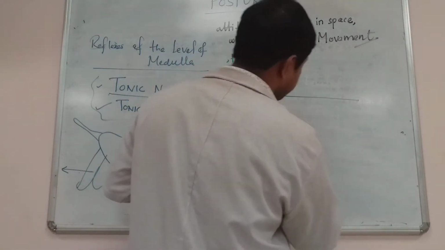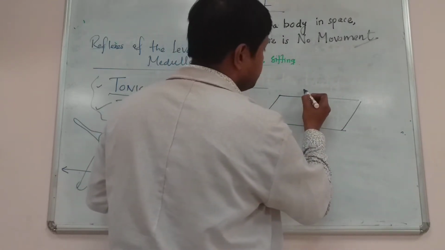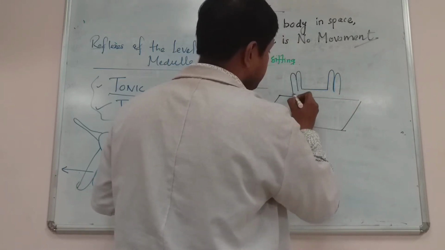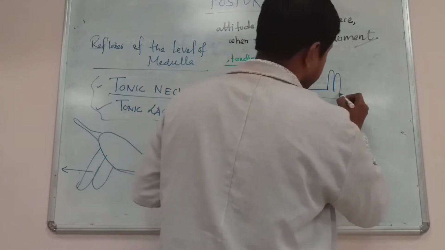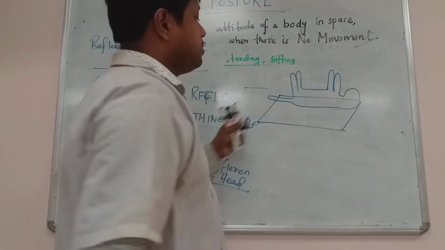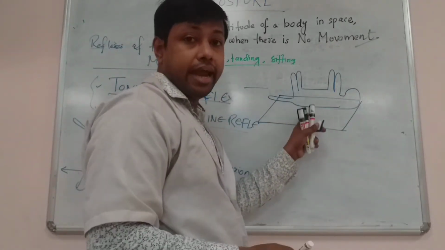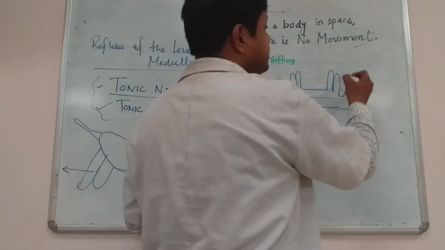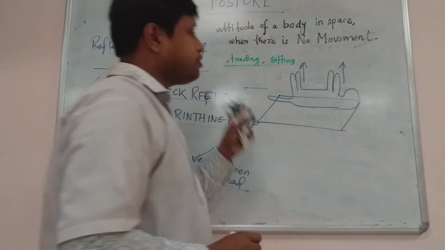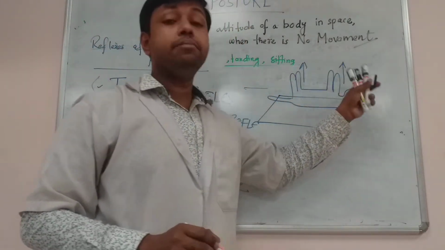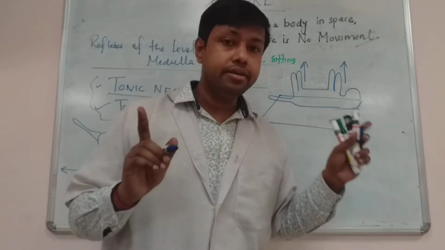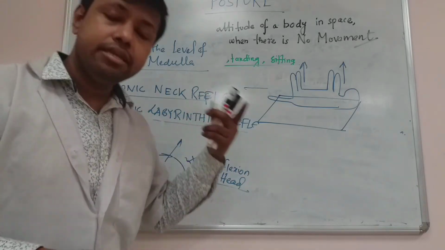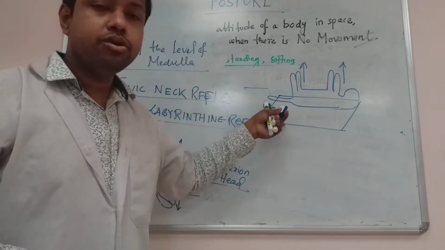If you lay a particular animal, suppose this is a cat, on a surface in supine position, on its back, so that the legs are facing upward, what will happen if you place a decerebrate animal? It must be a decerebrate animal, so there will be rigidity. All of you know when you remove the cerebrum, we call it decerebration, and there will be rigidity on the legs. We call it decerebrate rigidity.